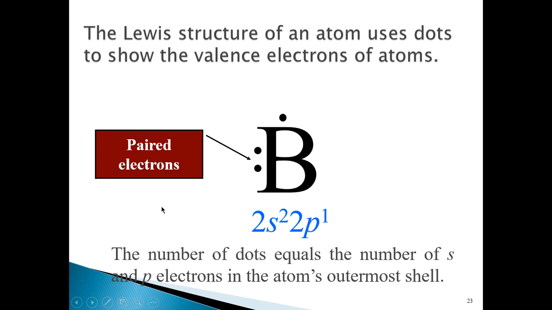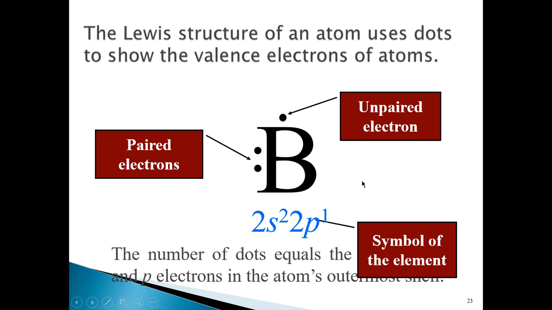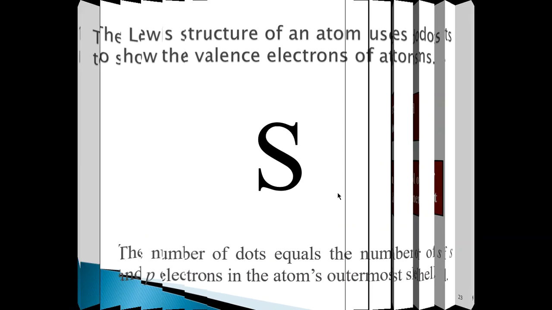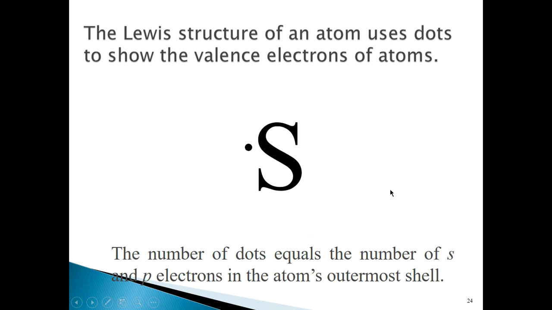Now, in some textbooks, they make a big deal about pairing the electrons. To be perfectly honest, it's not absolutely necessary when it comes to the Lewis symbols. Most often, we are not concerned with how the electrons are paired. We just put the electrons around it in any way you prefer, and that's it. So that's basically the Lewis symbol of boron, and you can determine the Lewis symbols of other